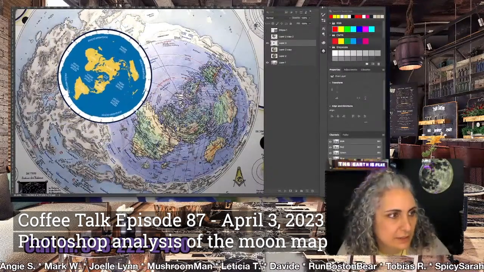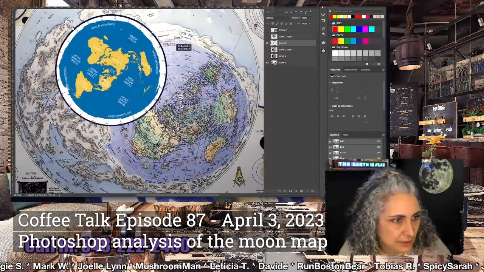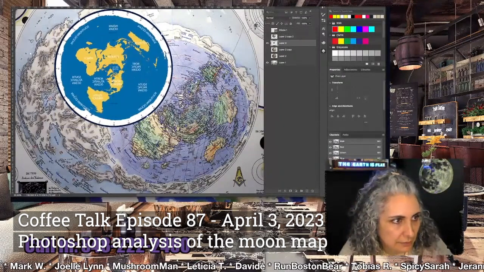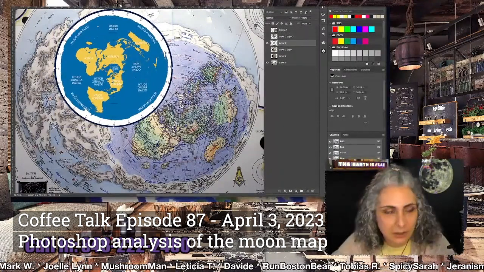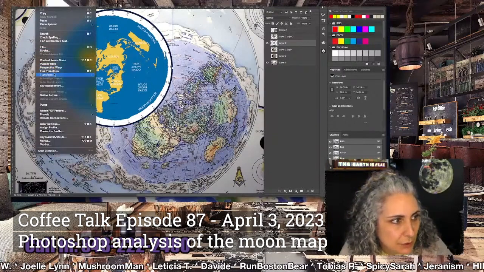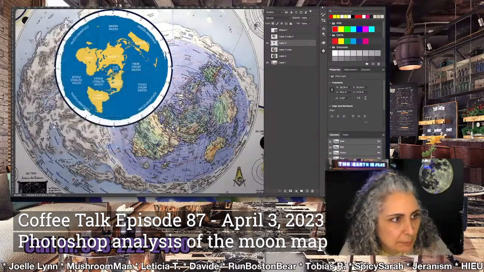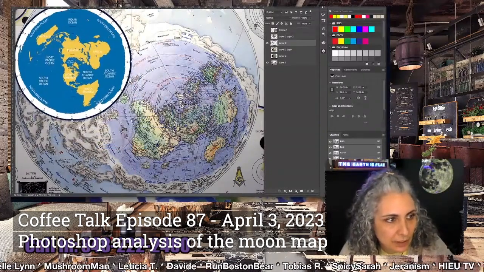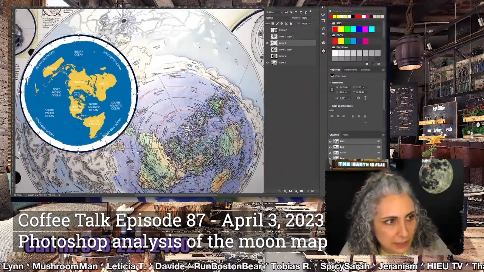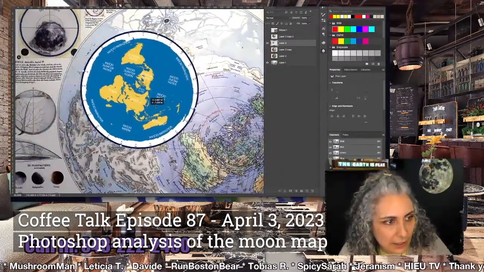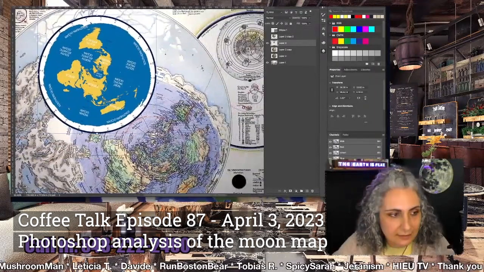Right? Oh wait, this is flipped back to normal. So this is a mirrored moon map image. So I gotta flip my thing back around. So image, edit, transform, flip. Okay, so we'll make it back to the right way again. Okay. Rotate. Okay. And again,